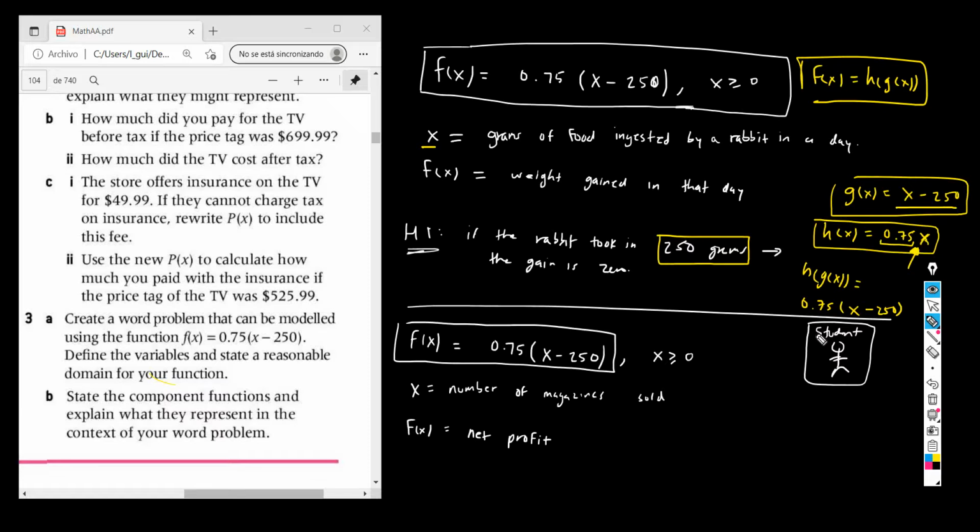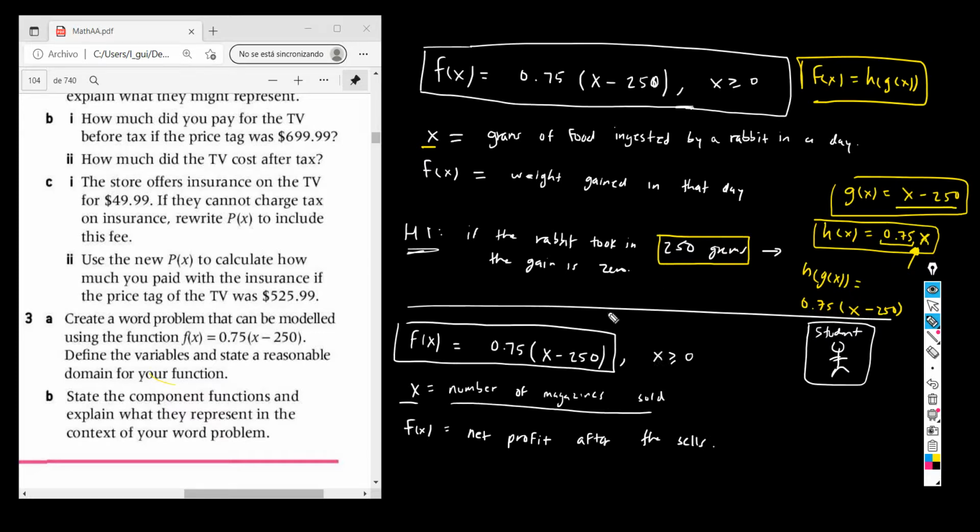Now I'm going to define X as the number of magazines sold by this student. And I'm going to say that f of x is the net profit after the sales, after selling x amount of magazines, right? And let's see what this